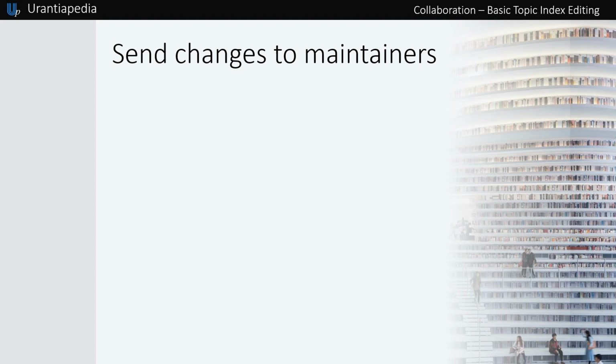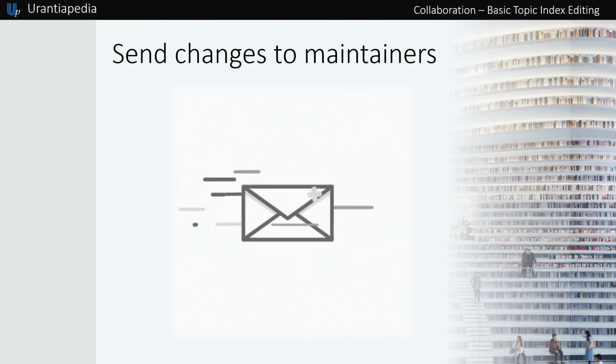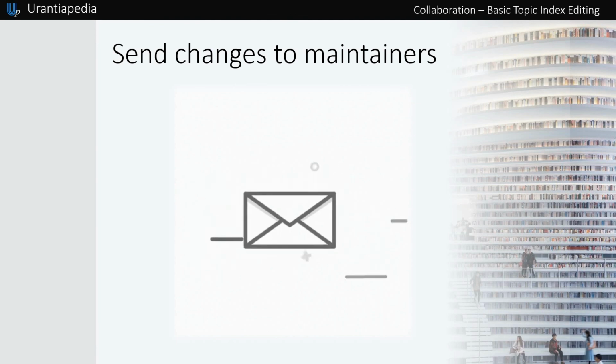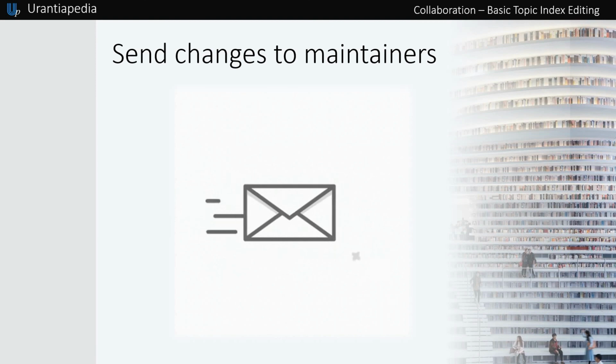How to send changes to maintainers. Collaboration through GitHub has the advantage that anything can be done easily through the GitHub web. But for now, to make the addition really simple to anyone that wants to contribute, you can send the files you have edited, just sending them in an email to any of the maintainers of the project.